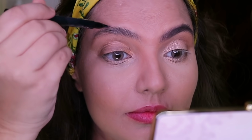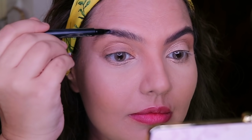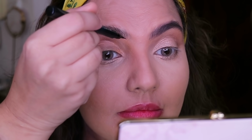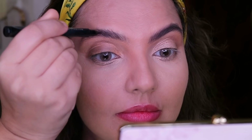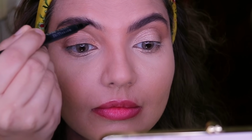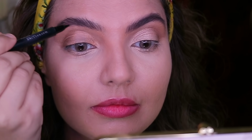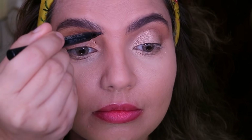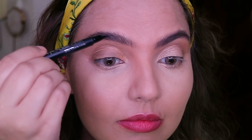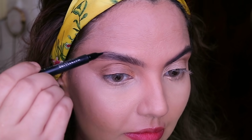It's super cool, and all I'm doing is I'm just going to raise the hair on the brow and just raise it up, like you're fanning the hair up, just going naturally with the natural curve of my eyebrow, and filling it up,